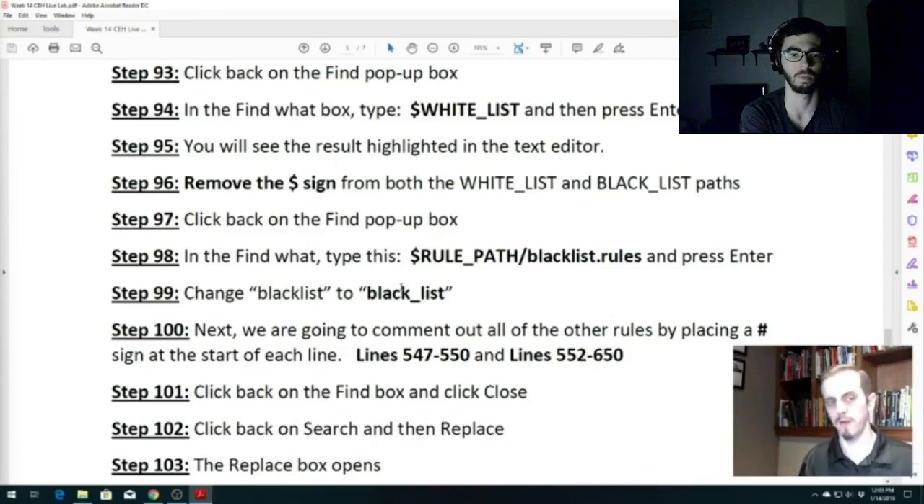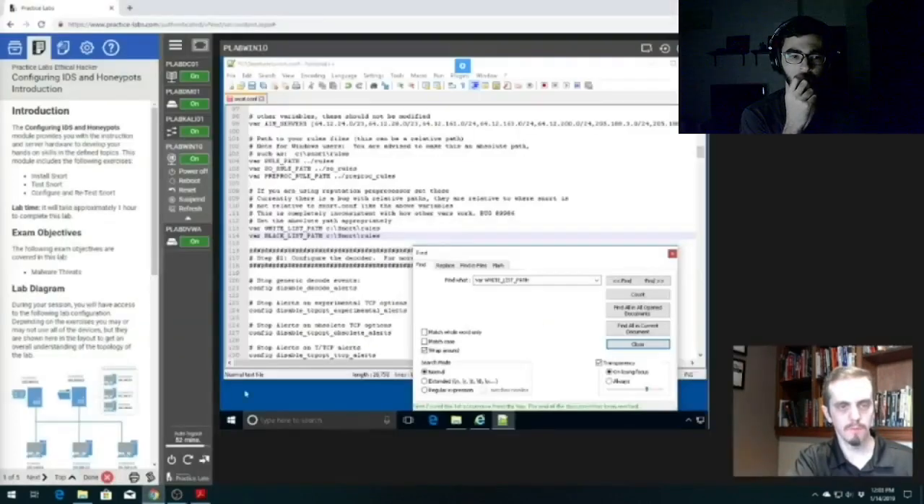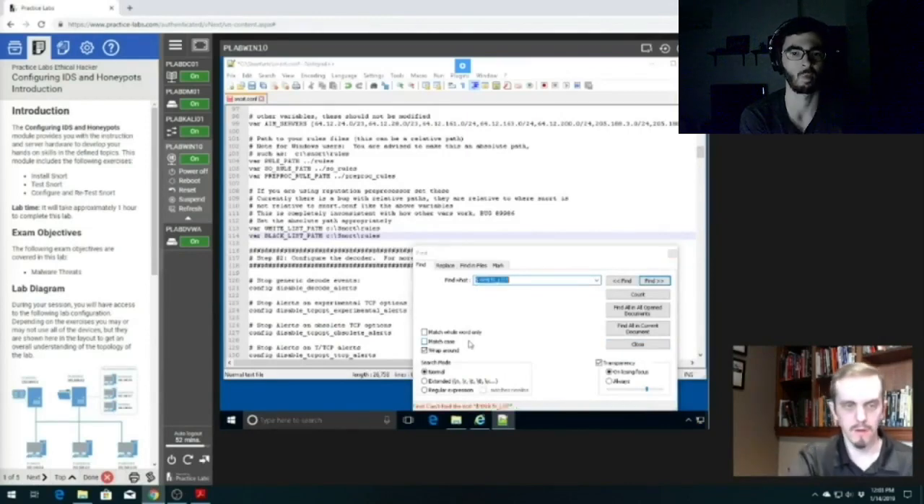In the find box, once we click back on it, we're going to look for the $ sign and then white_list, all together. So let's go ahead and do that now. In this box, put a $ sign, space, and then white_list. All right, and then just press enter on your keyboard. That should pull up all the ones with